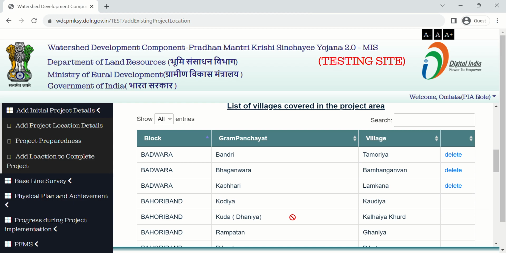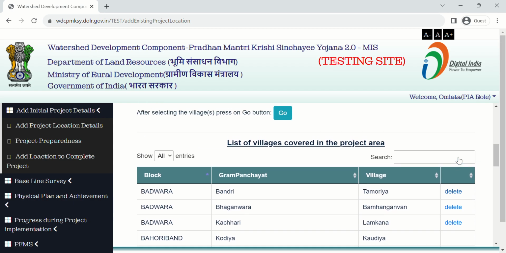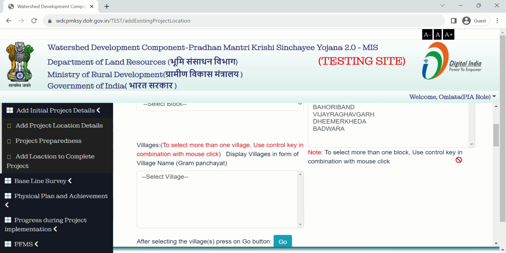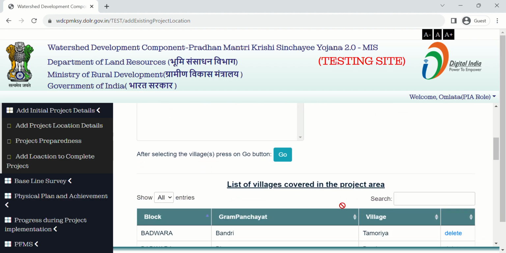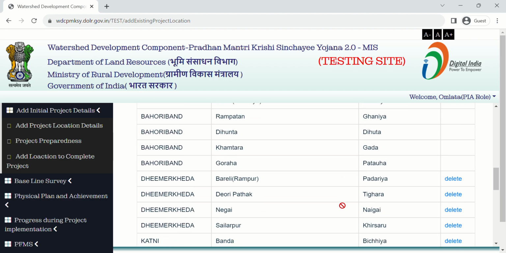In this, you will only change those villages which you are adding. If you want to delete, then you can delete it. If you want to add, you can add it. And if you want to add, then select the block name and village name. You can add the data.